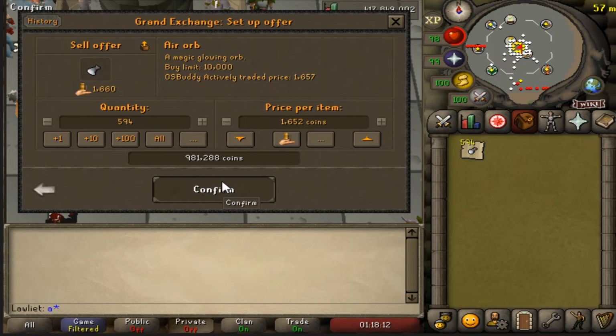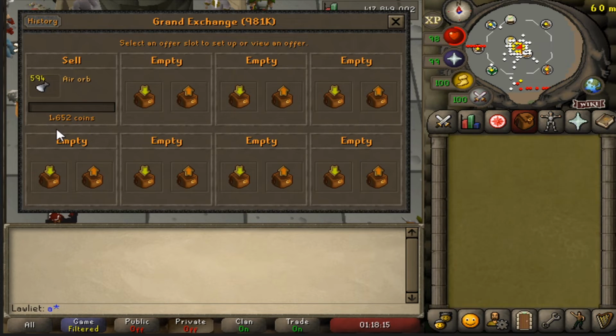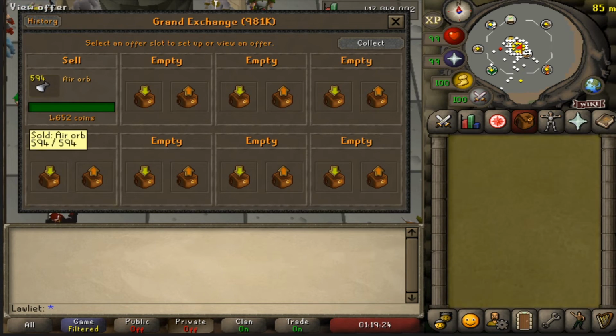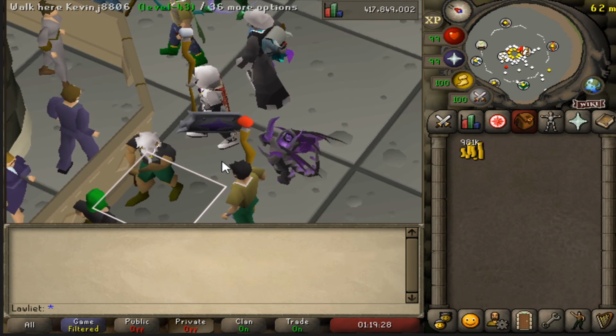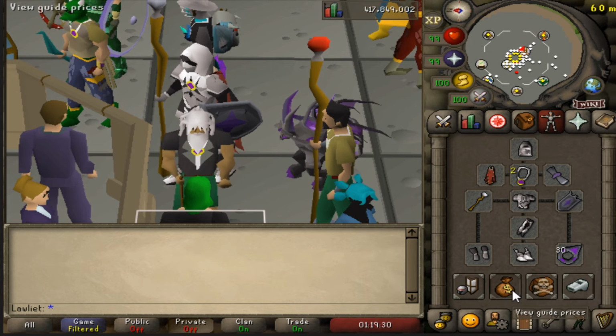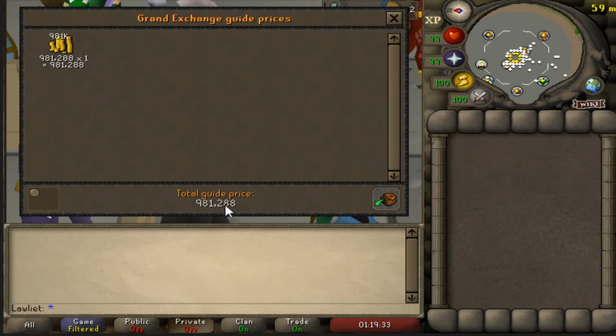I did do a price check on the air orbs before selling them off to see what would be a good price, and at the time 1652 was a good price. It didn't take very long for them to sell, and as you can see here we can collect our money now and do one final price check before going on to the next screen to figure out the total profit. But here it is,